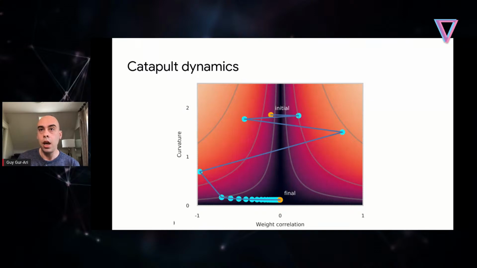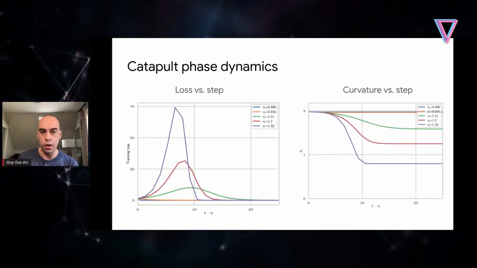Okay, and the next question is, how do learning rate schedules interact with the catapult effect? That's a great question, and I'm going to address that a bit later in the talk. You'll see all the results on that. The short answer is that this is a very quick effect, so it's really just the initial learning rate that matters. Once this effect is over, you can decay the learning rate and you reap the benefits of the catapult effect. So learning rate schedules do not ruin this. It's really just the initial learning rate that's important. Okay, awesome.